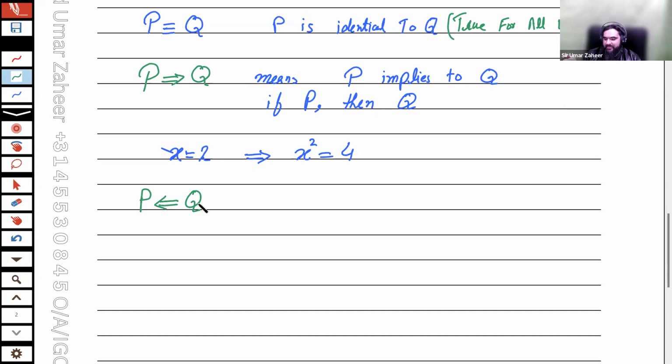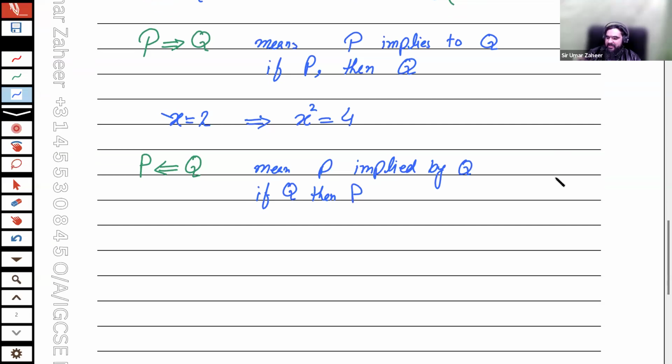It is basically you can say that Q implies P, or in other words, you have to read it as P is implied by Q. The same thing here: if P then Q. So in this situation, if Q then P. For example, in this example, I'm just saying that if you have x is equal to 2,